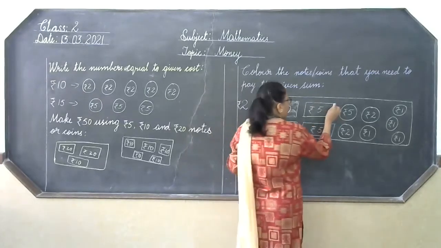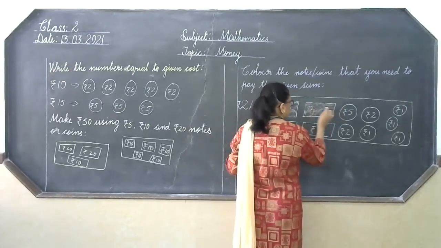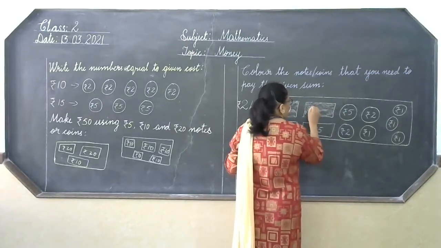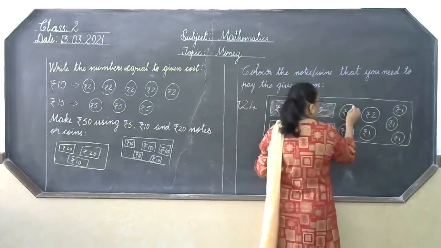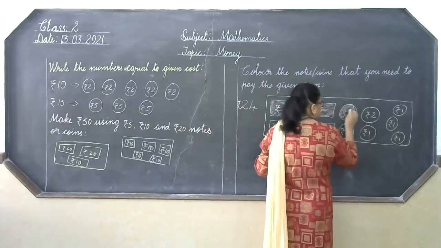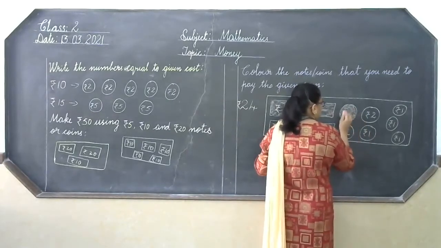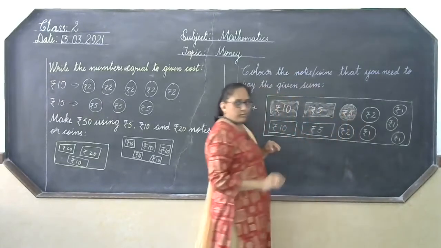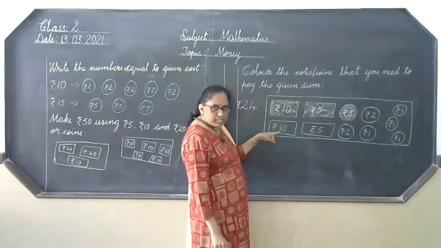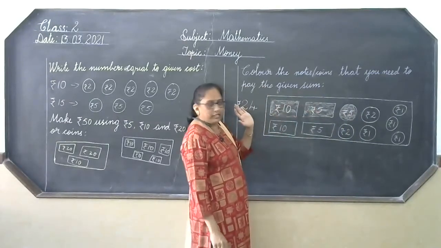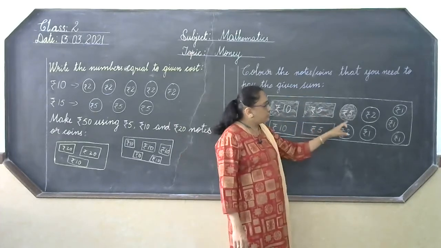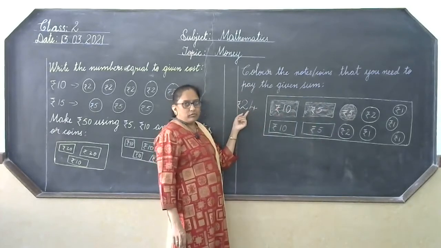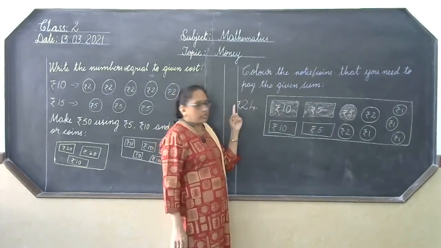So what I will do, I will color one 5 rupee note and then one 5 rupee coin. So now it became 20 rupees, children. Either you can color this 10 or 5 also. So now 10 plus 5, 15, 15 plus 5 is 20. 20 rupees is over now. Now you have to color 4 rupees. 24 is given, so 4 rupees you have to color now.